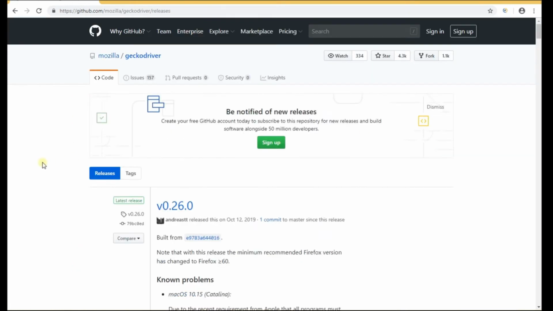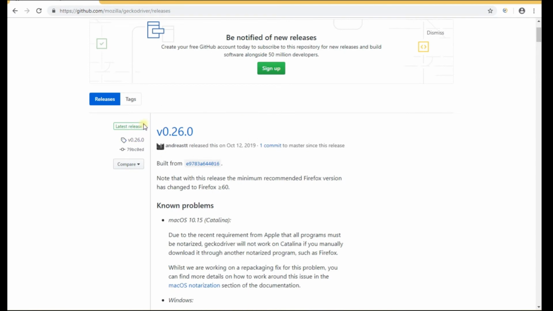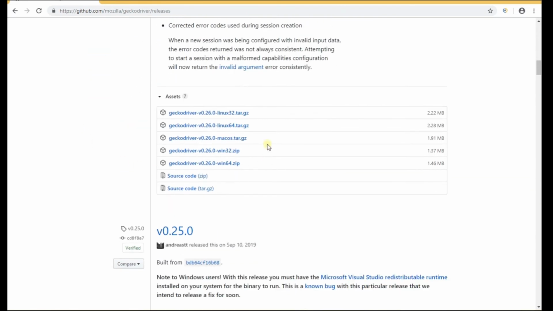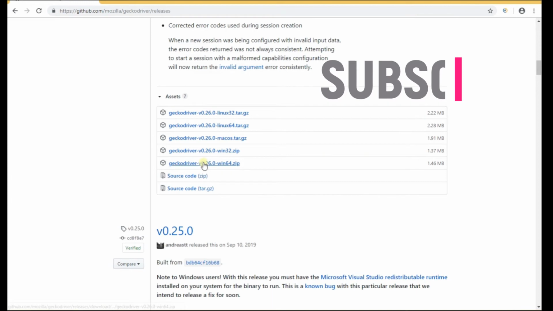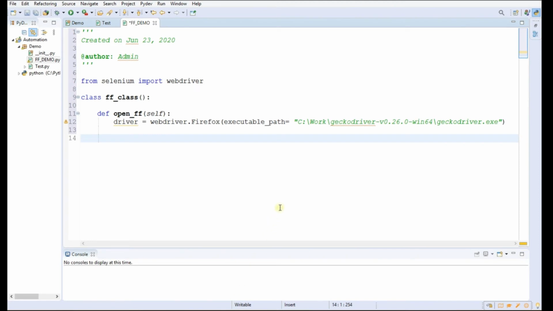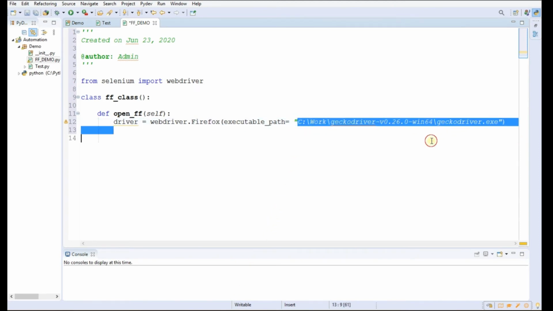The latest version of the Gecko driver is displayed on the top. Then we have to scroll down and select the platform on which we have to download the Gecko driver. From here we can select the platform and download the Gecko driver. So we have to give the path of the Gecko driver in this argument, right?